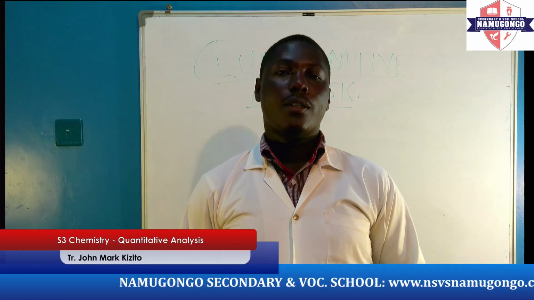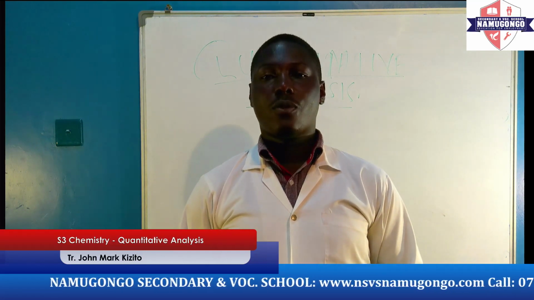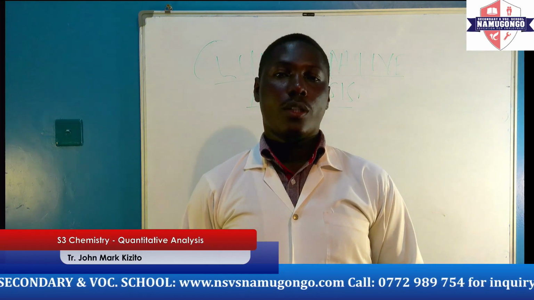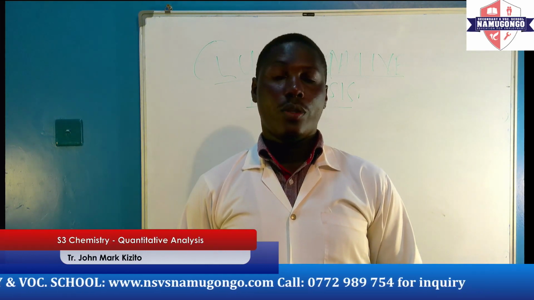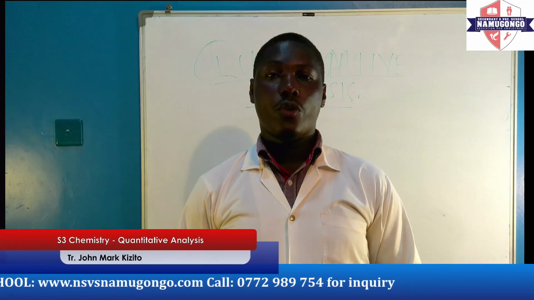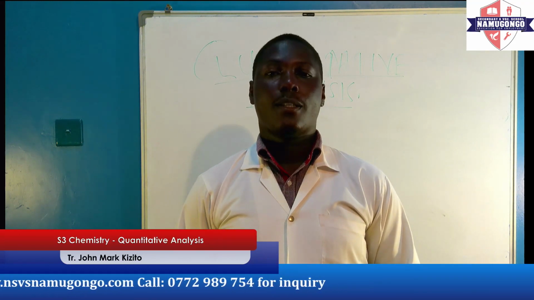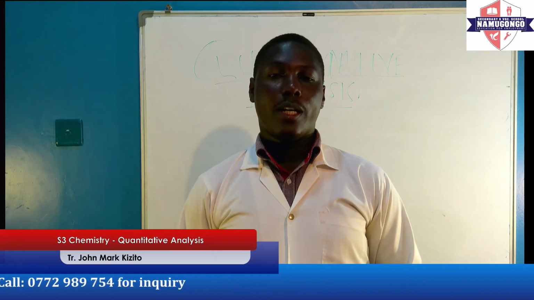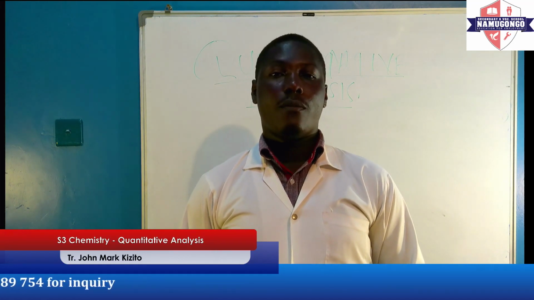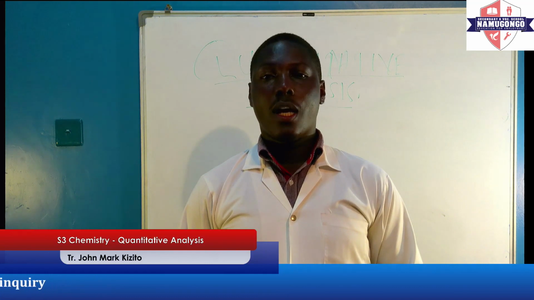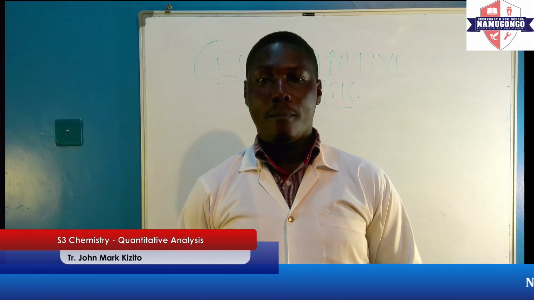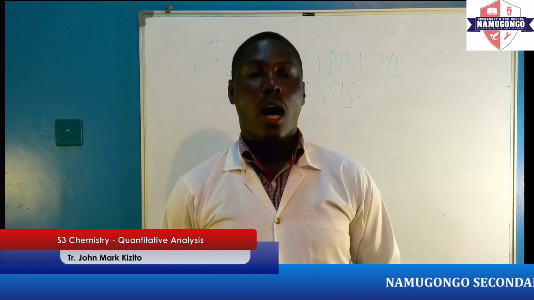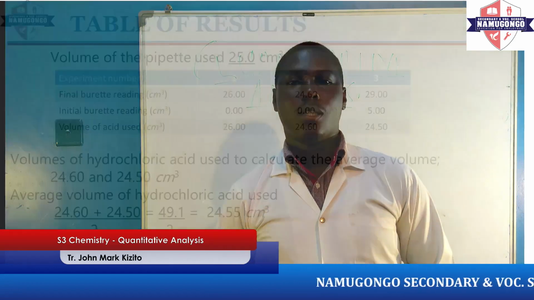I'm here to continue with you in Chemistry Paper 3, mainly dealing with quantitative analysis, which I told you we sometimes call volumetric analysis, a technique of chemistry that deals with finding out the concentration of a given substance within an unknown sample. Last time we went through how we get the results in the table as we see them